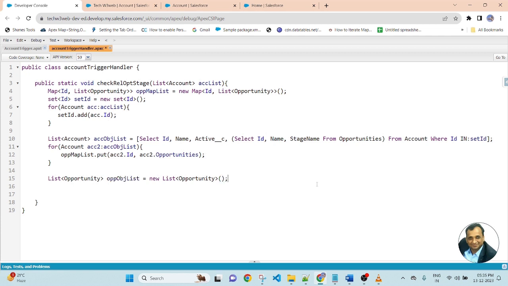Then here we will write a SQL query on opportunity. List of opportunity, OPT list.